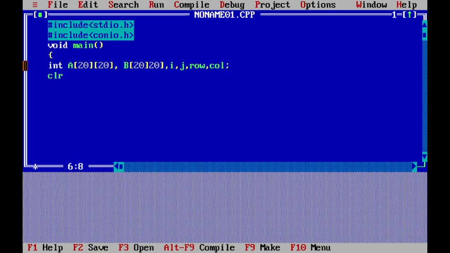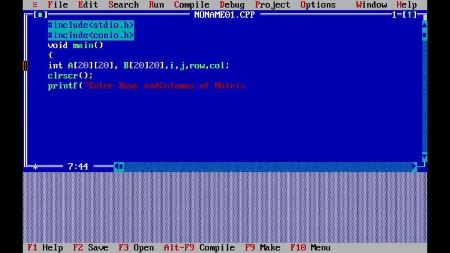Clear the previous output. printf, enter rows and columns of the given matrix.